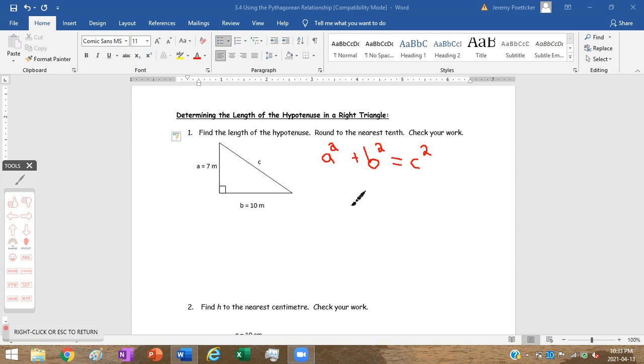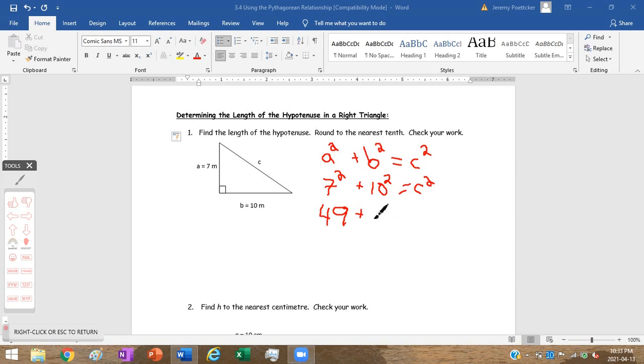So a squared is, well, a is 7, so we're going to do 7 squared plus b is 10, so 10 squared, and this is just my formula that I'm using here, is equal to whatever c squared is going to be. So 7 squared, I should know, is 49